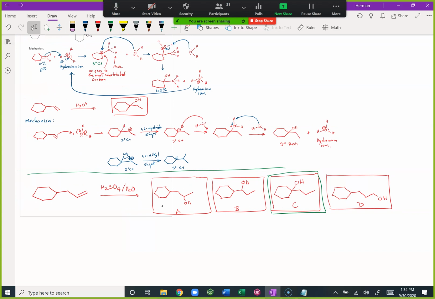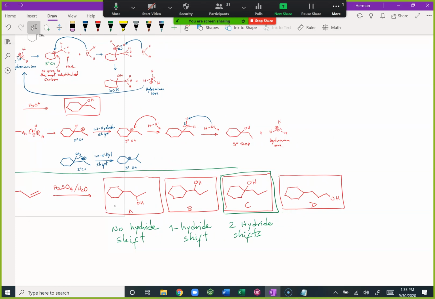The question is, how many hydride shifts did that undergo? Would it be 2? Yes. It'll be 2. This one is 2 hydride shifts. This one, A. Does A have any hydride shift? No. No hydride shift. B, how many hydride shifts does that have? 1. Very good. You see it, right? 1 hydride shift. And D,